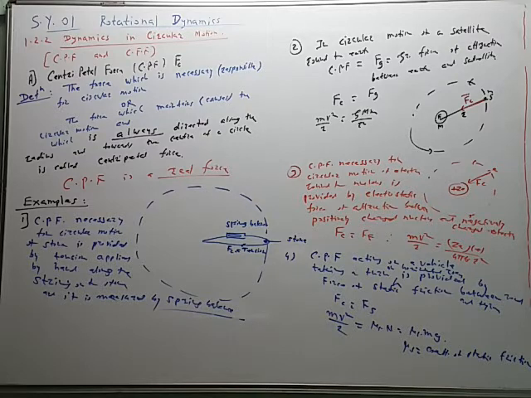So in a vertical circle, in the example of sphere of death, the motorcyclist is revolving on the inner surface of the vertical circle, and when the vehicle is moving on the flyover bridge, it is moving on the outer surface. So in both the cases, the motion is circular, but one is on the inner surface, the other is on the outer surface of the vertical circle, and in both the cases the centripetal force is necessary and it is provided by different means.